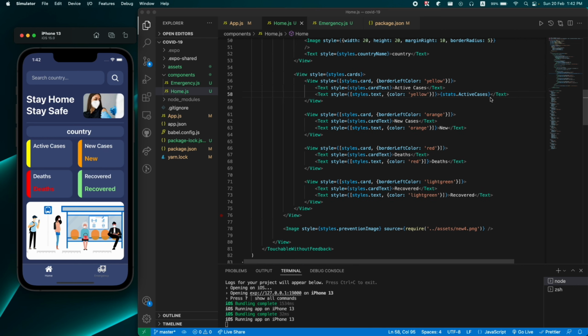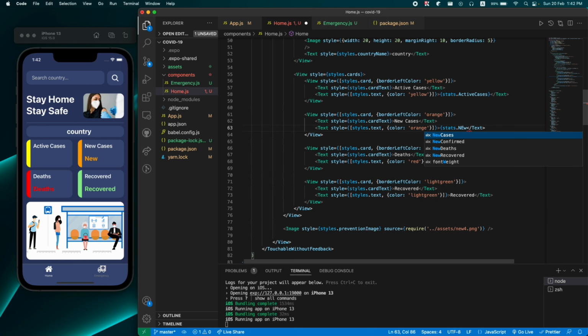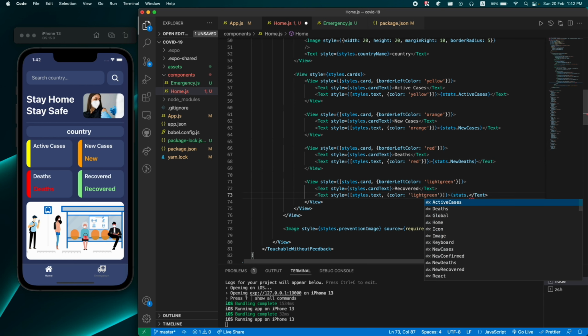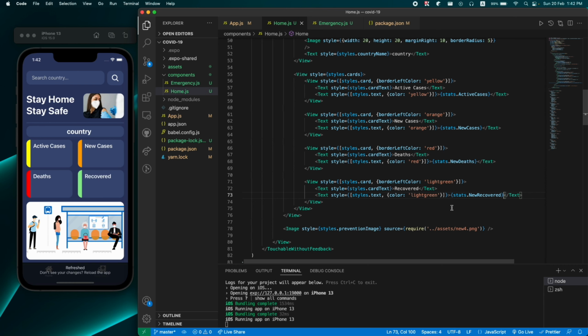Okay, so now for the new stats.newCases, deaths stats.newDeaths. Now for the recovered, stats.newRecovered, like this. Okay,